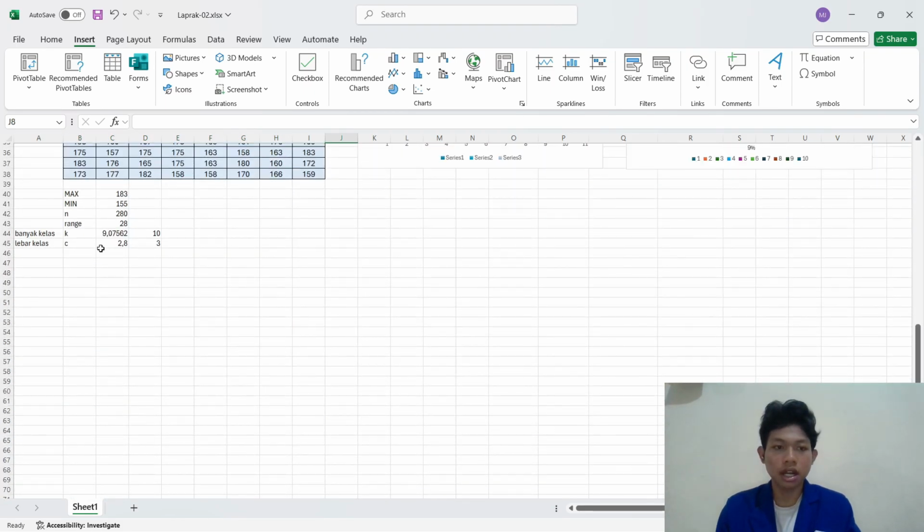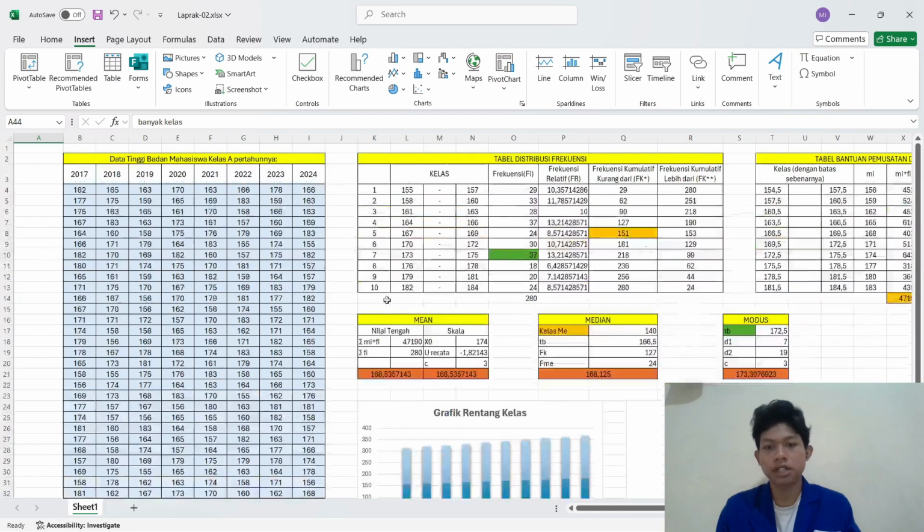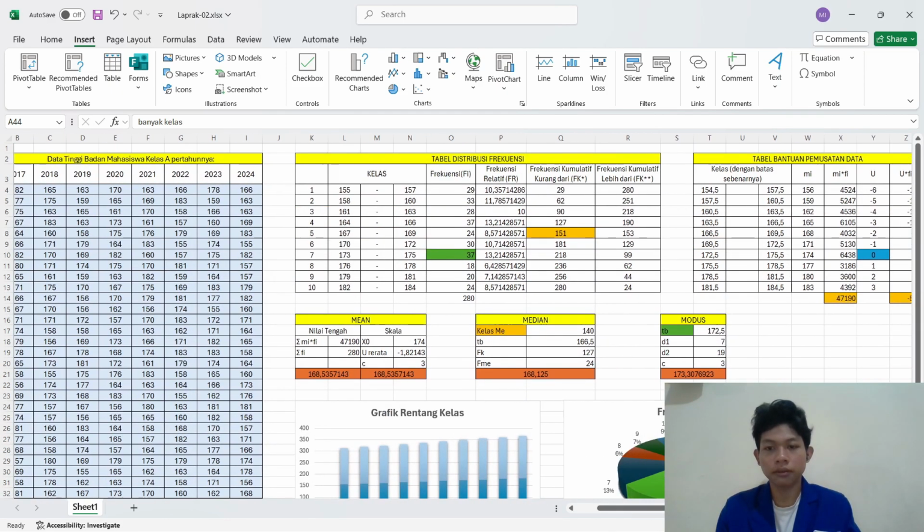Okay, next, I create min values, max values, count values, range values, many class values, and the last one class width values. Next, I create a frequency distribution table.